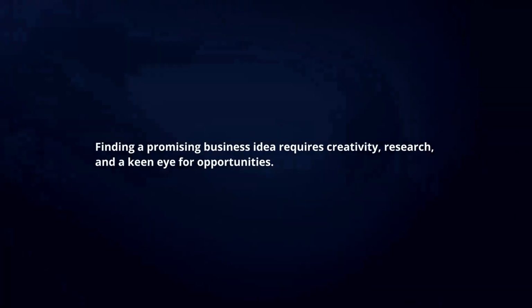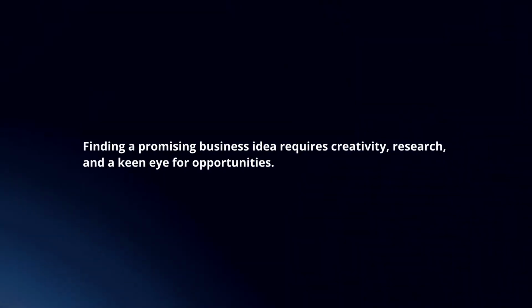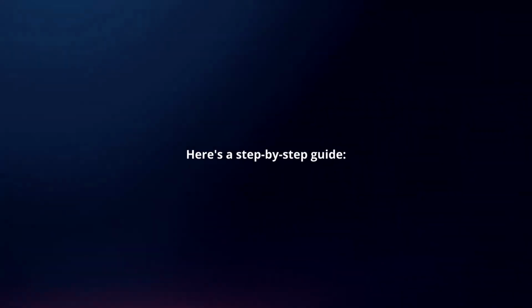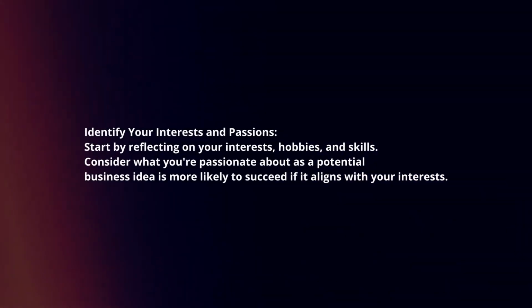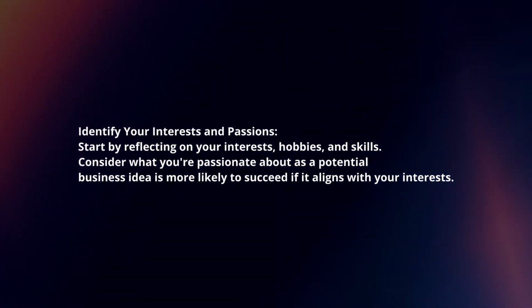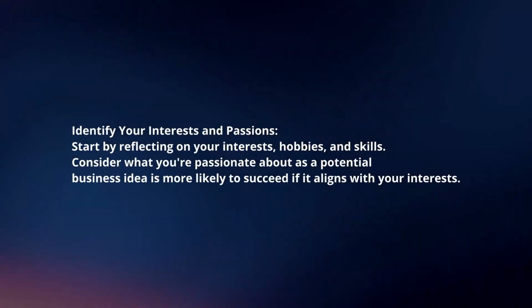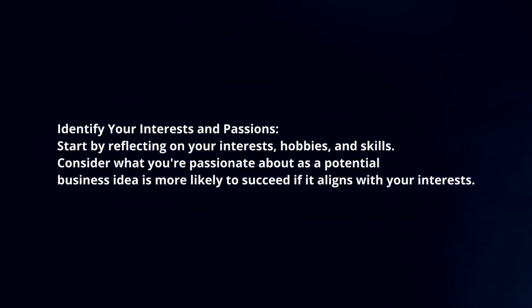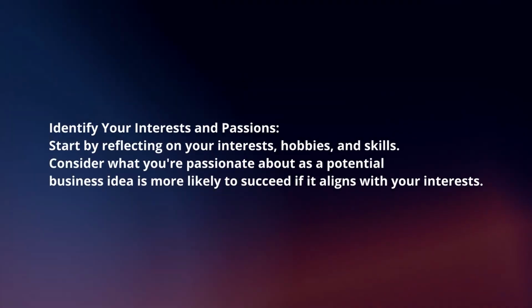Finding a promising business idea requires creativity, research, and a keen eye for opportunities. Here's a step-by-step guide. Identify your interests and passions. Start by reflecting on your interests, hobbies, and skills. Consider what you're passionate about, as a potential business idea is more likely to succeed if it aligns with your